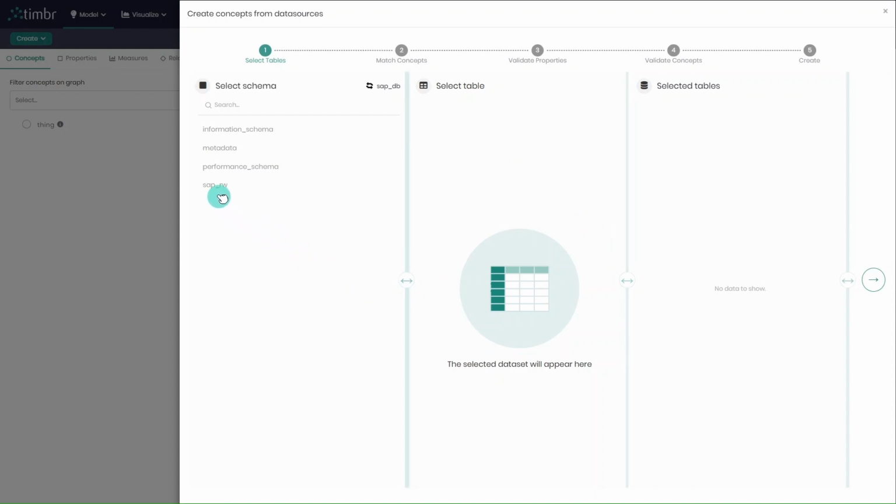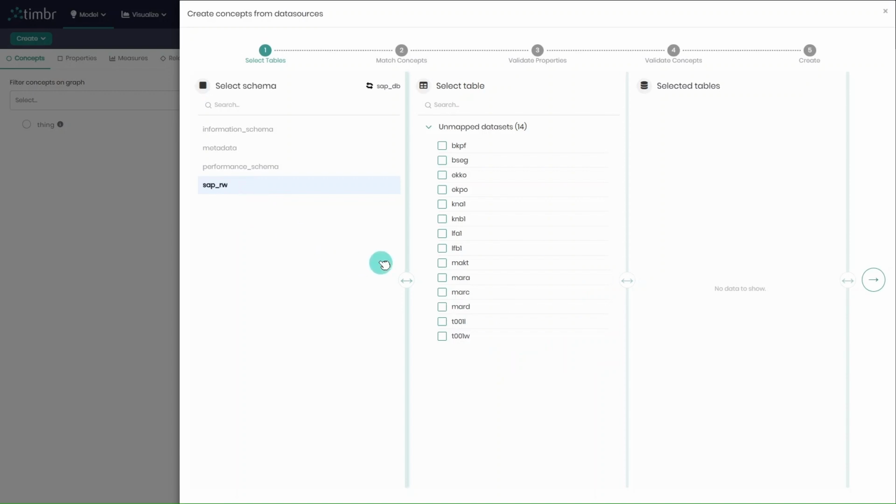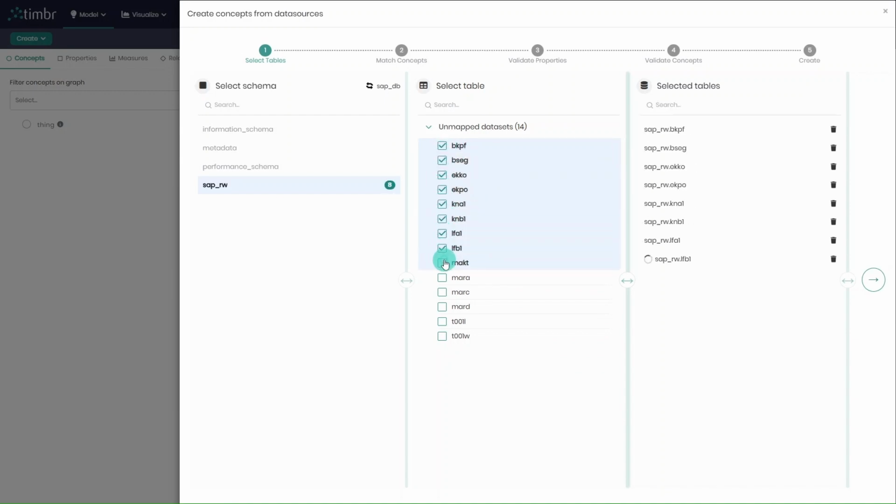First, I'll choose the schema I want to work with, which in this case is called SAP RW. Once I select it, Timbr shows me the list of tables in that schema. I'll go ahead and select a set of tables to include in the model. As I select them, I can see them added on the right side, so it's very clear what's going into